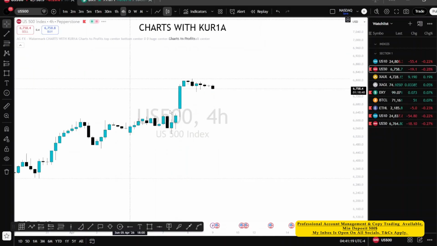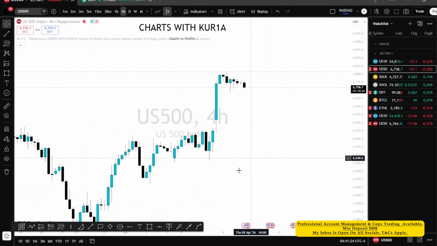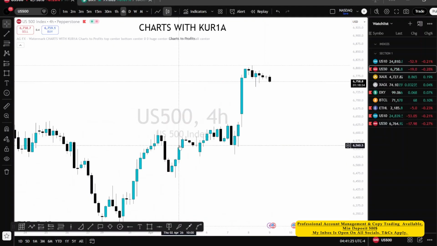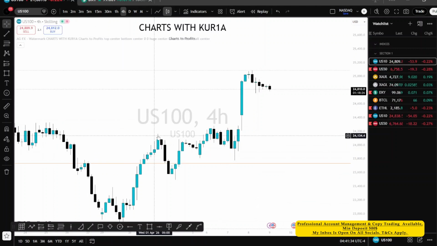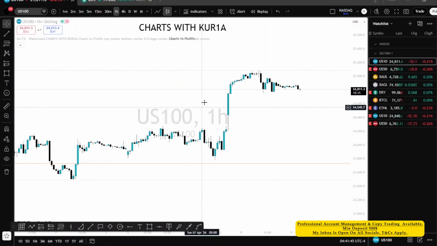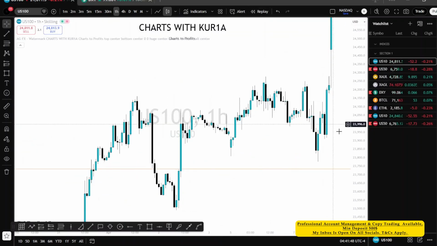So of course I went to the 4 hour, where I wanted to see if the week had opened with an opening gap, which wasn't visible on a 4 hour on both assets. You can see that it was not visible on both assets. Because this is Sunday, this is Friday, and then this is Sunday. So I went to the 1 hour and tried to look for something. When I went to the 1 hour, I noticed that price had opened with a